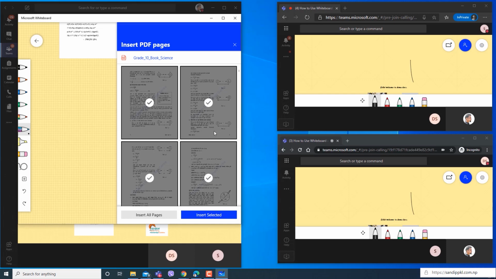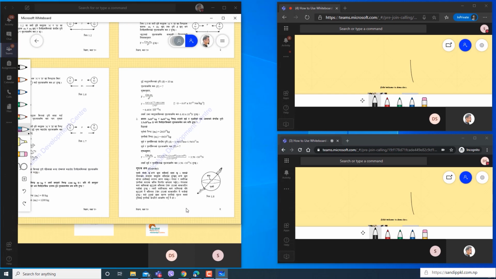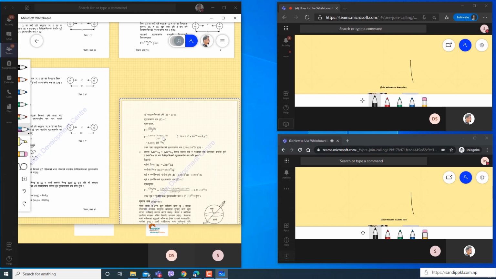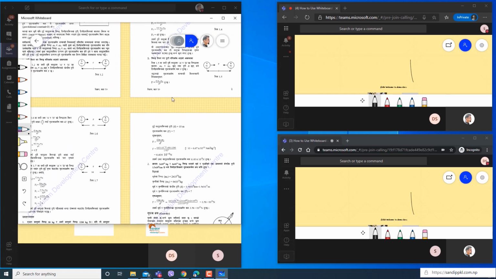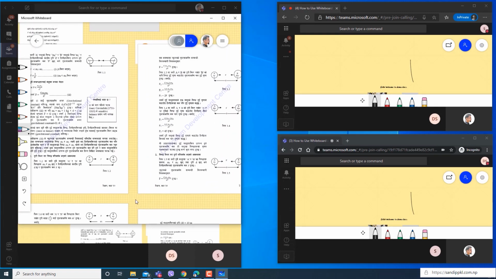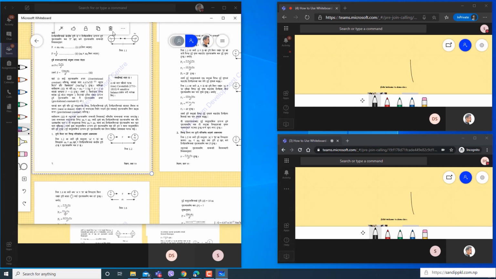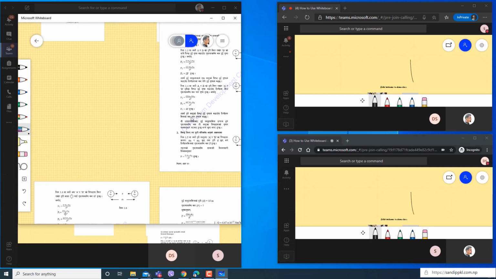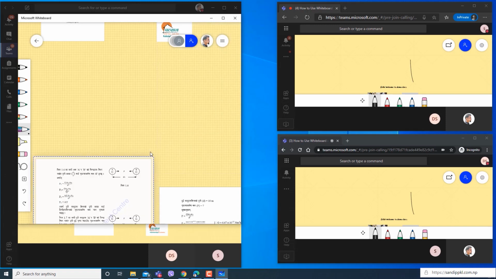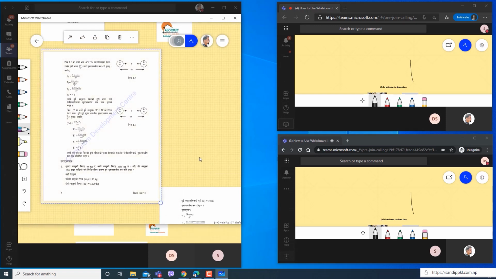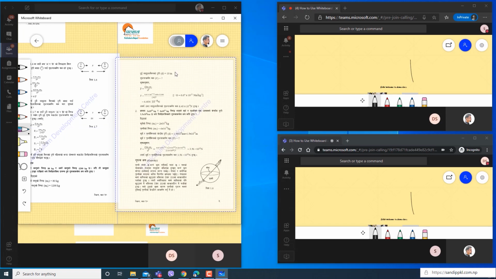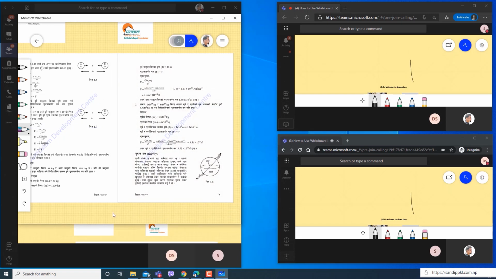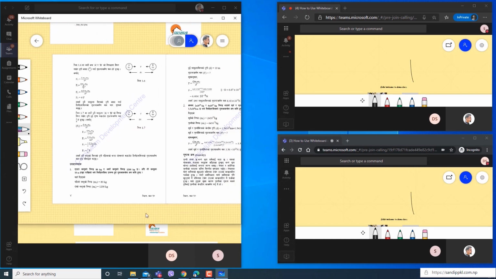By this way you can select specific pages and insert. Here you can see, it's done. You can delete, move, and place where you want. Drag this.